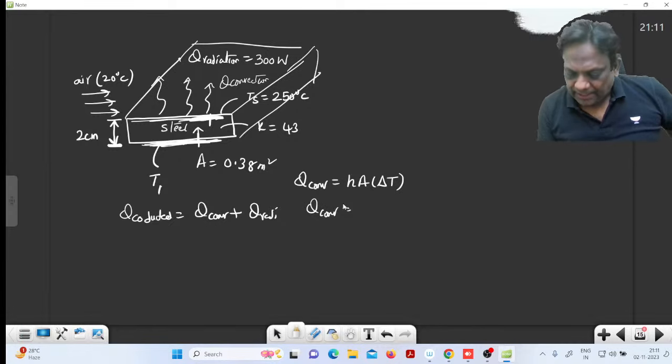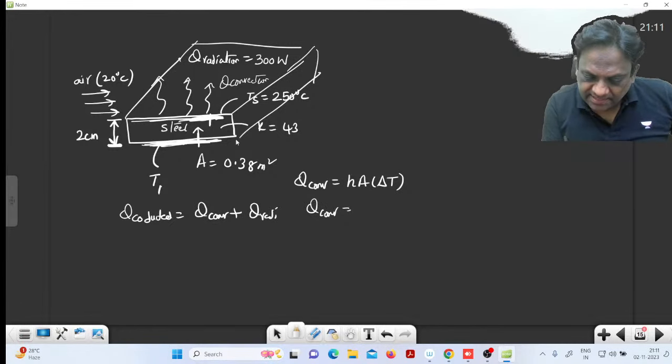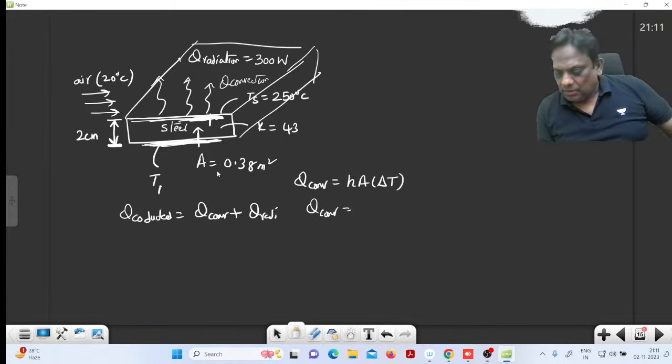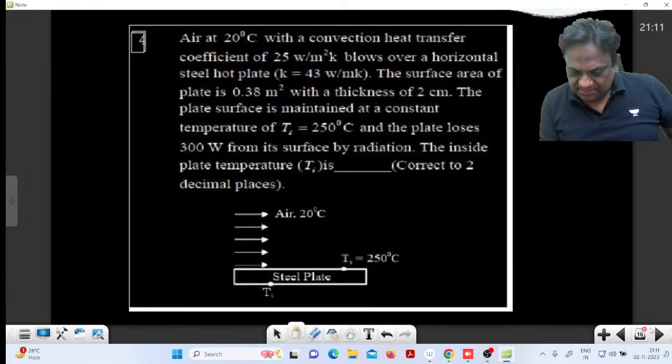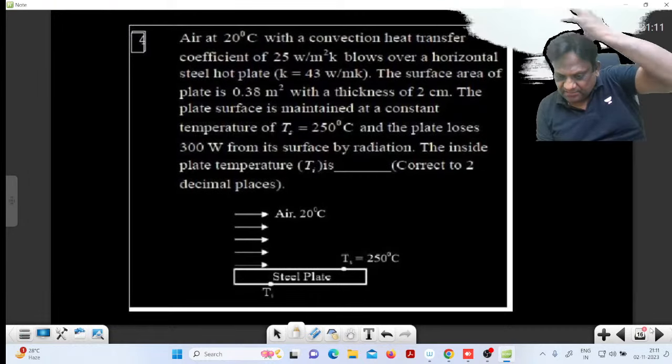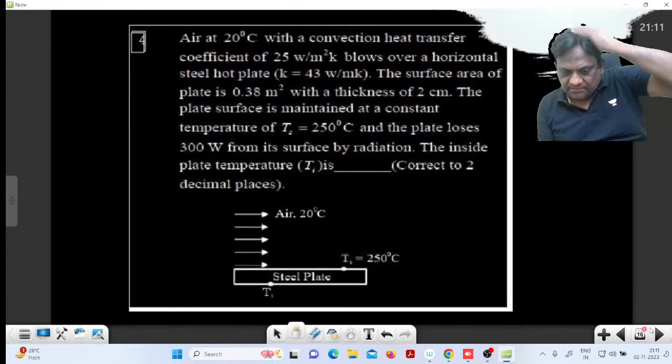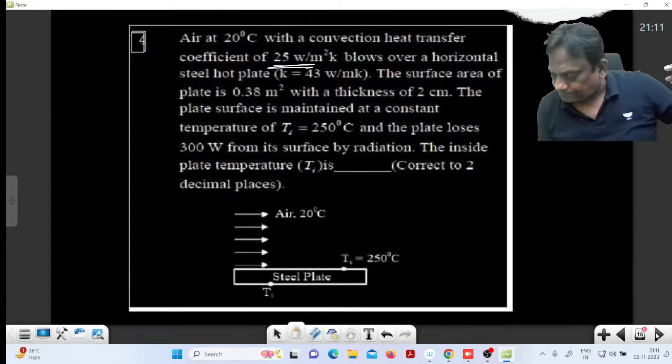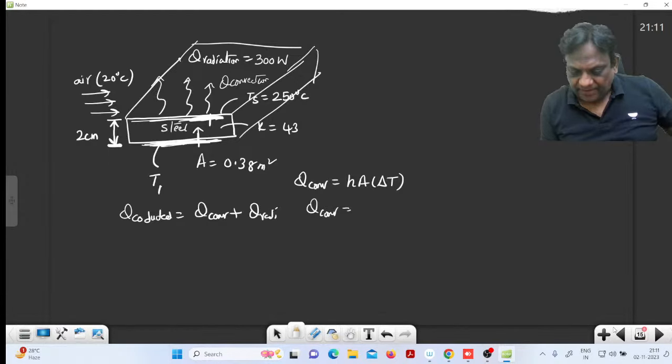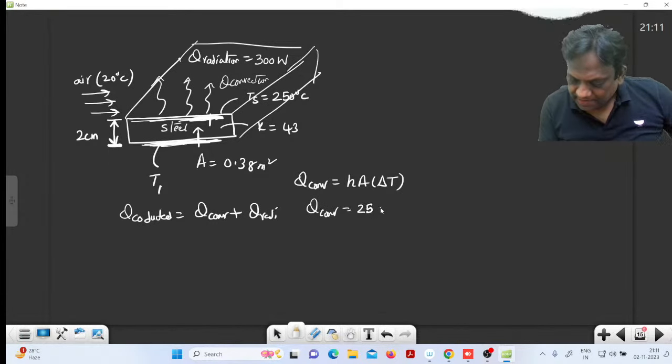Very good sir. Okay. What is h? Here, the heat transfer coefficient. It is given, sir, I think. The heat transfer coefficient is given. How much is it? Somewhere it is given. Yes, 25. It is 25, and the area is